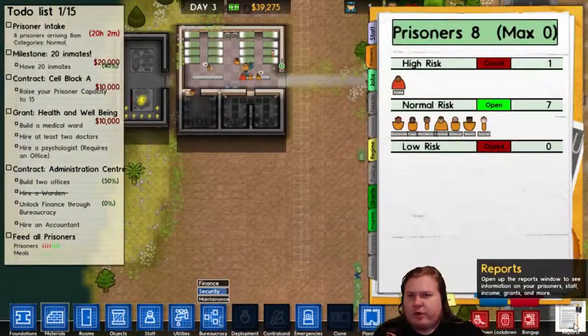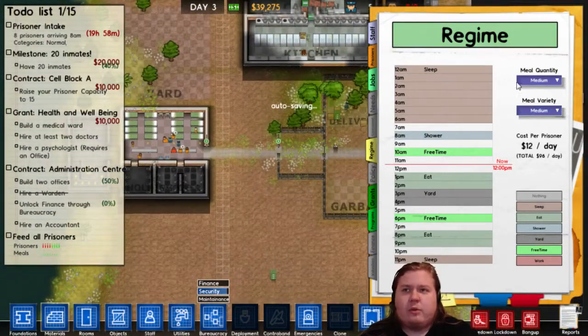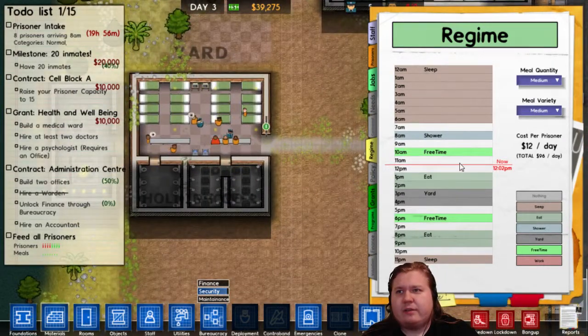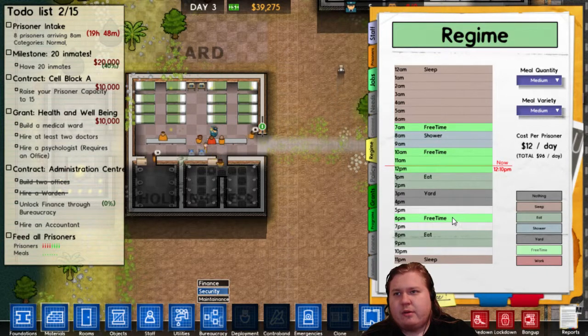Oh, we should actually probably work on this regime. So this is the regime for your prisoners, what they do at what hour of the day, and at the moment, well, they're not doing anything, so it's basically free time. So I could actually just click the free time in here, have a 2-hour shower there, a bit of free time. Actually, you don't need